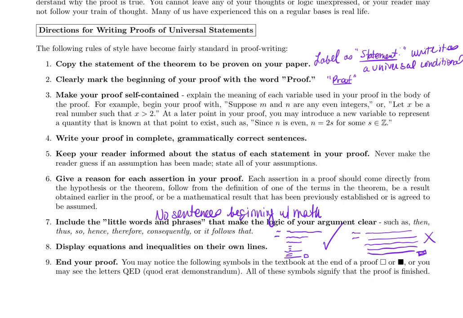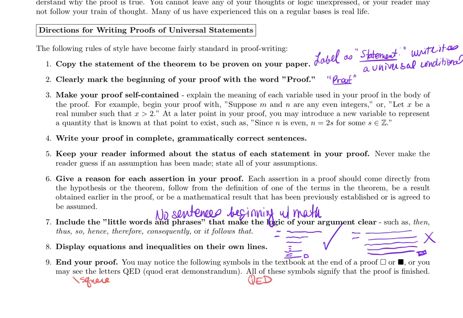And if you are not familiar with how to do so in LaTeX, if you would like to do that on Canvas, the way that you get this little box here is if you go into the advanced editor using the LaTeX, it's just simply /square. And that will put a box at the end of your proof. I think there's other ones, like a black box maybe. I'd have to look it up again to remember which ones are which. But you can do /square, or you can simply not bother with the equation editor for that last line and